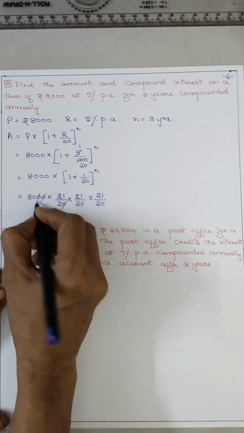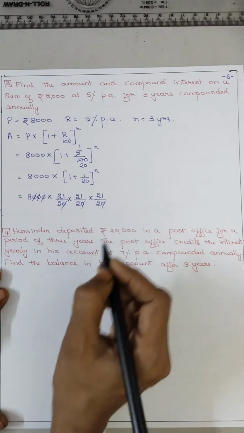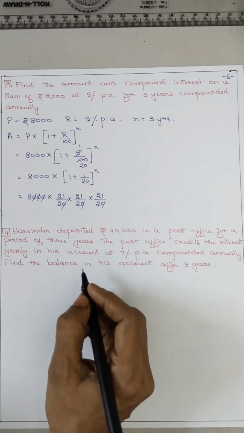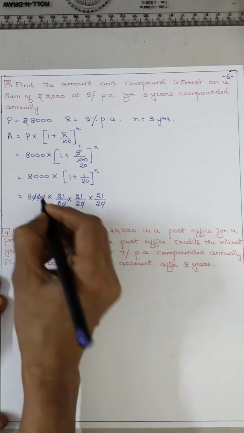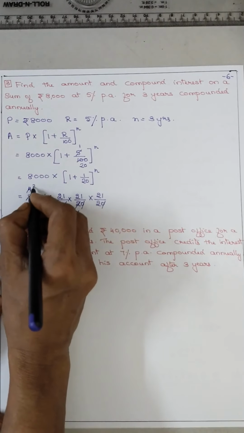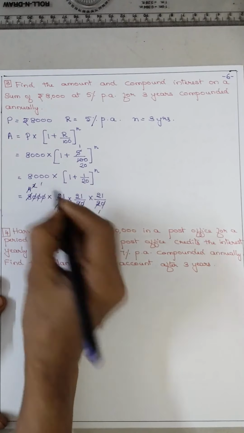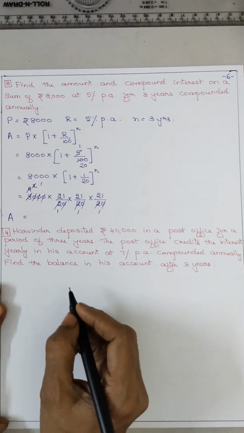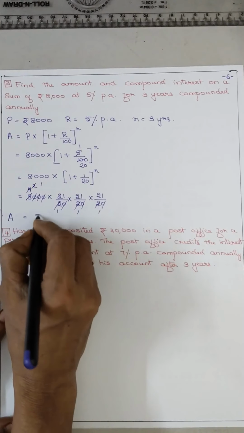Now 2 cube is 8. So you can cancel: 2 ones are 2, 4s are 2, 2 ones are 2, 2 twos are 2, 2 ones are 2. So now 21 cube is